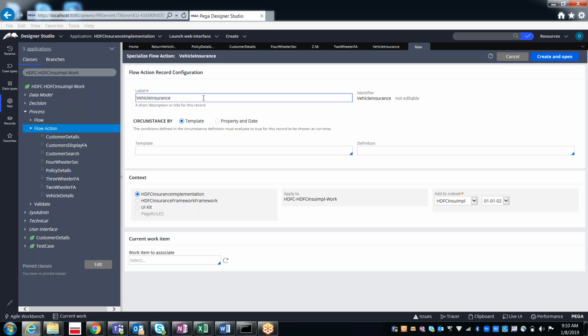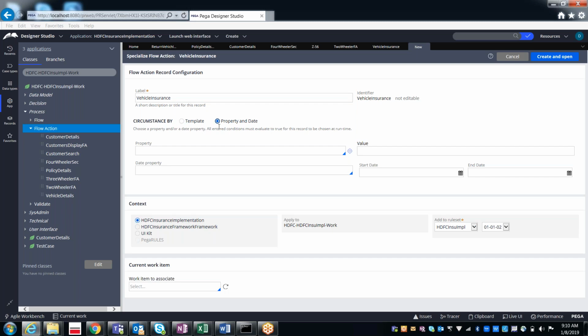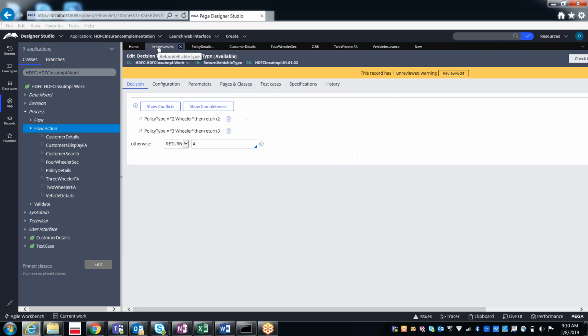In general, it will not allow you to create the flow action with the same name, but this time it will accept it. Why? Because here it is taking circumstance through the property. Earlier in the decision table, what we used was, if the policy type equals two-wheeler.